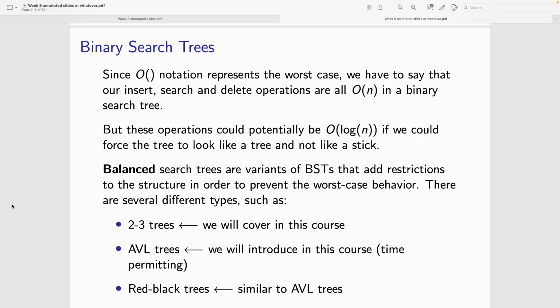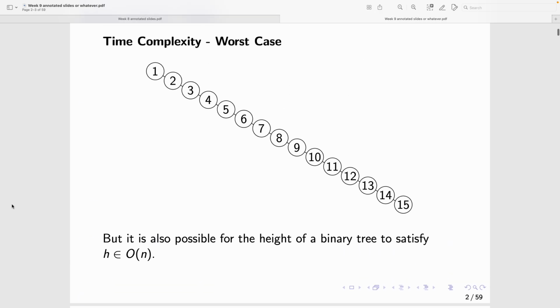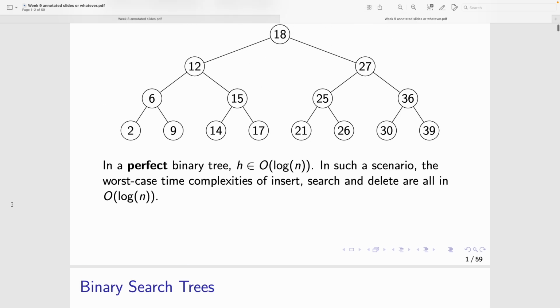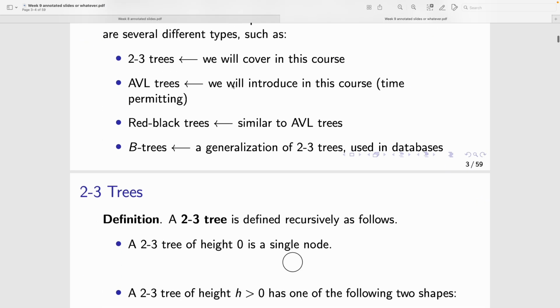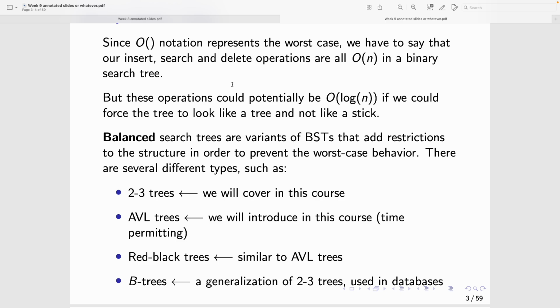So we're going to learn about different types of trees. They'll actually stop being binary after a while, that avoid this worst case. You can insert the items in any order you want, and the tree will still be balanced. The path from a root to any leaf will still be relatively short. And before I go into exactly how you might keep a tree balanced,